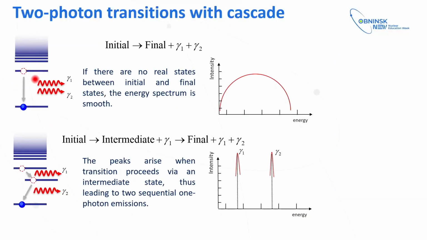Yeah. So if we have an electron level in between, so if we have not just a two-photon transition as it is, which is described by this curve, but also a level in between, then we have a cascade transition. So the electron can first decay to this intermediate state and then to the ground state, and then we will have such kind of peaks, one and another for the first and the second photon, and